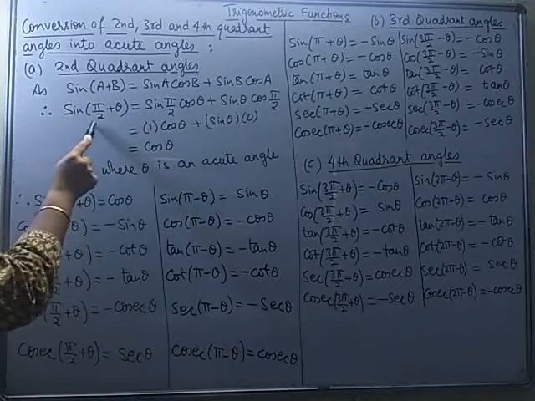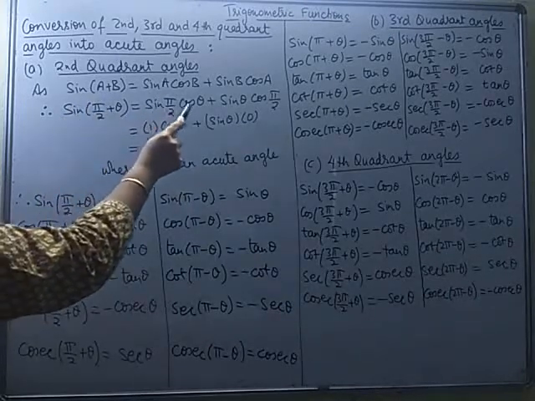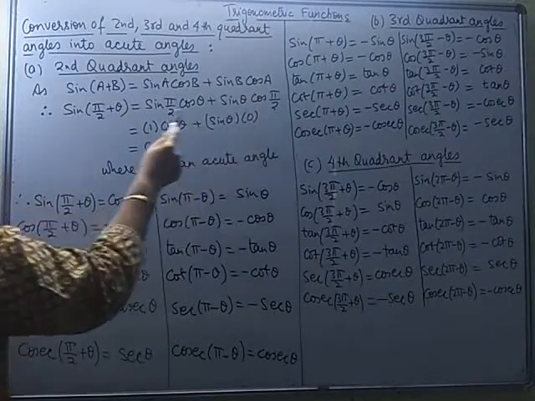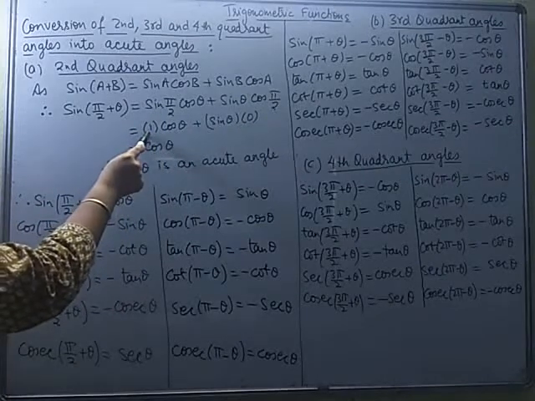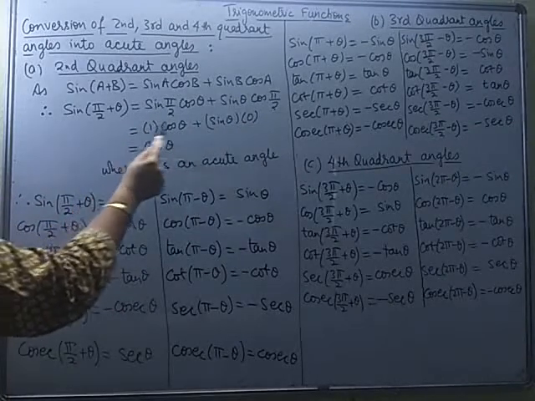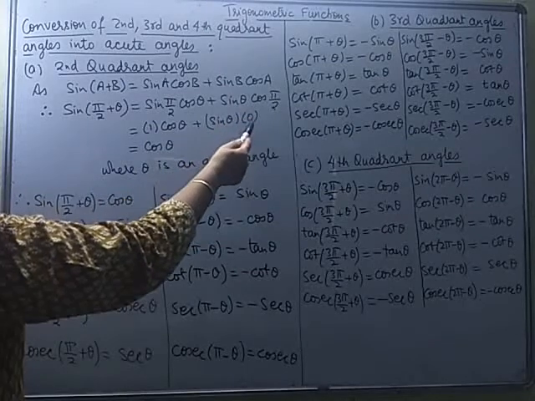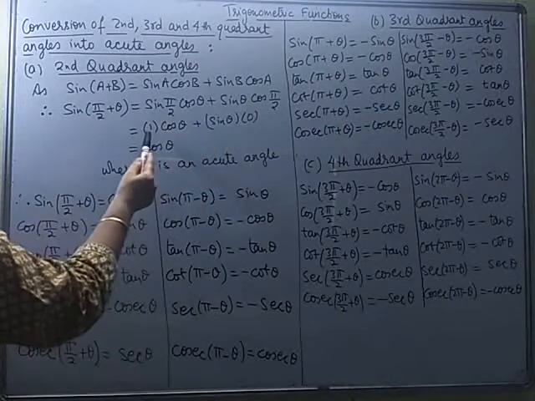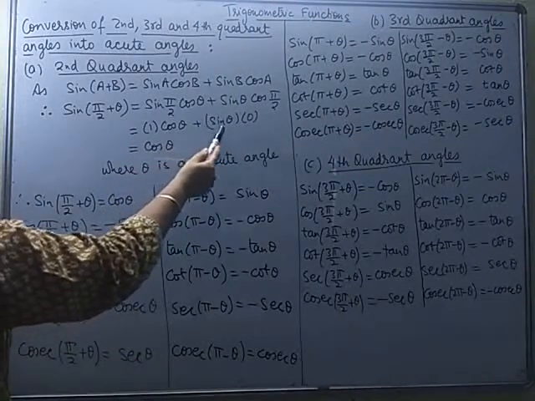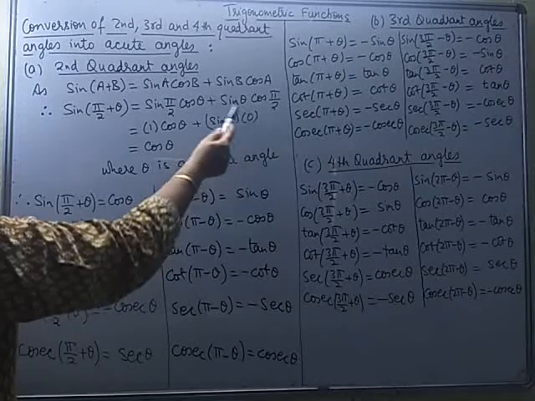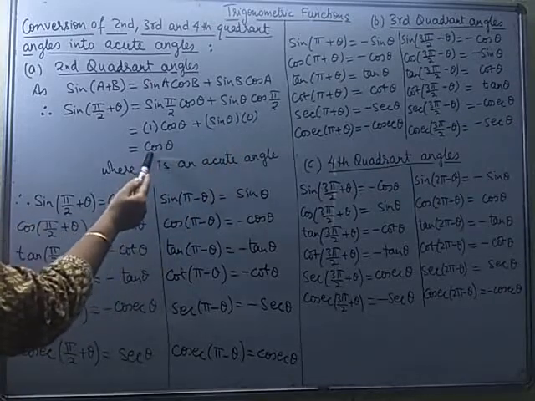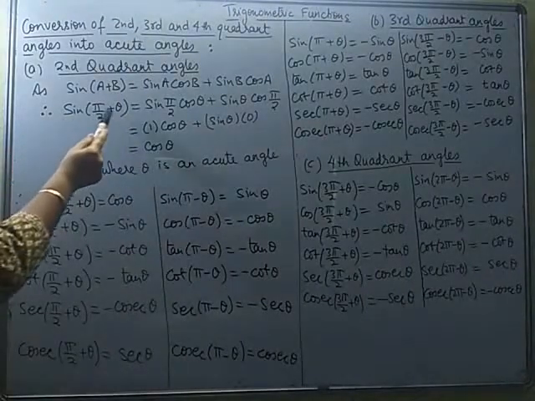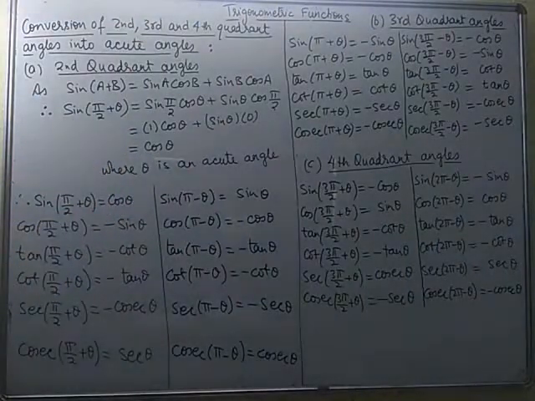Using the above result, we can expand it as sin(pi by 2) cos theta plus sin theta cos(pi by 2). Now we are aware sin(pi by 2), which is also sin 90 degrees, is 1, and cos(pi by 2) or cos 90 degrees is 0. So substituting these two values, we are left with 1 into cos theta plus sin theta into 0. So the second part reduces to 0, and 1 into cos theta comes out to be cos theta. That means sin(pi by 2 plus theta) can be written as cos theta.